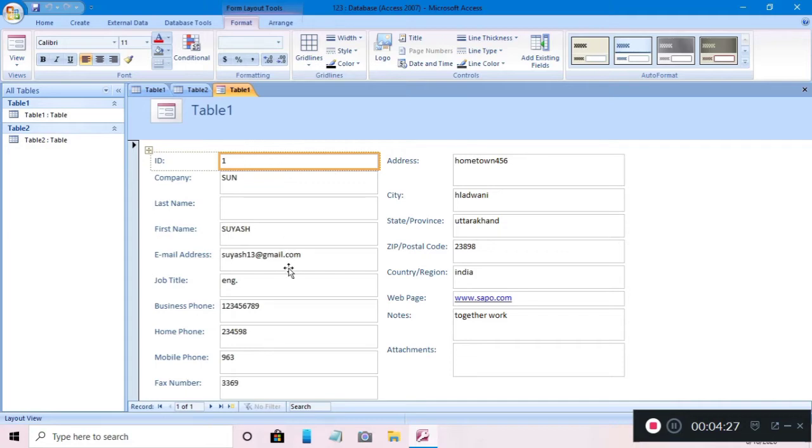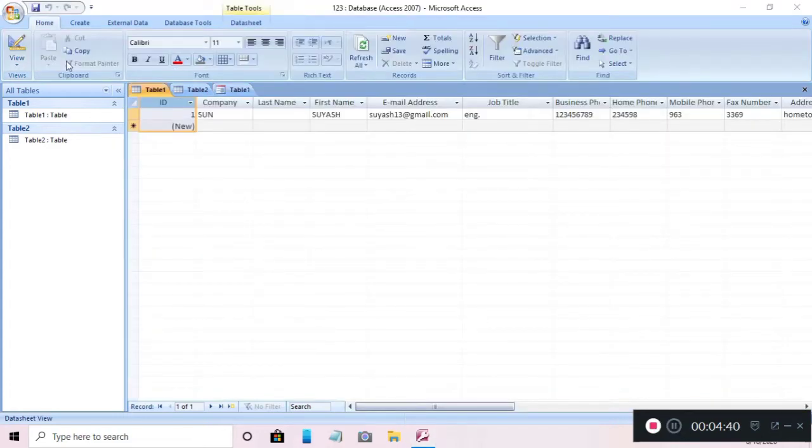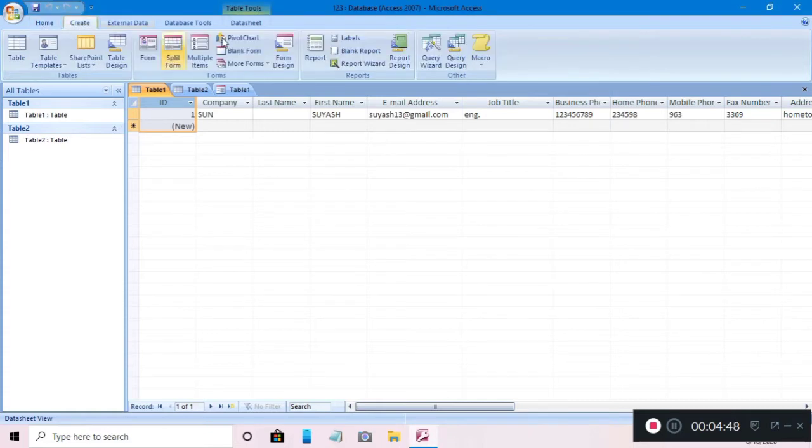Now we will see creating forms using the Form Wizard. Wizard is also an option which can help us create a form. Again we will go back to the Create option, and here you will find a Forms group again. Now here you have to go to More Forms.